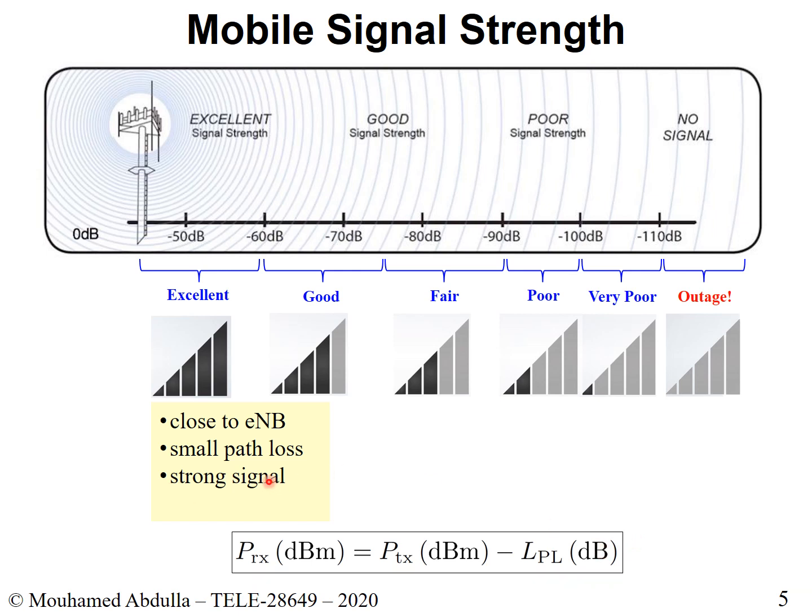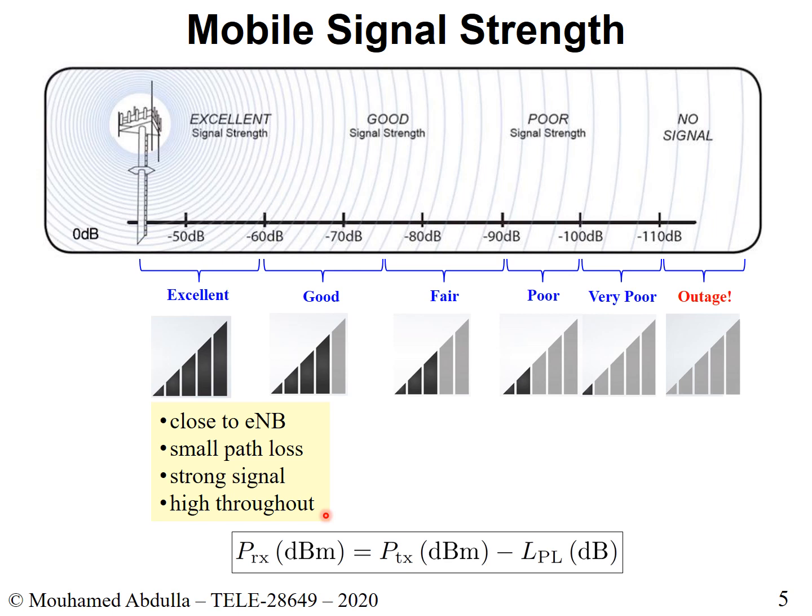Okay, so you have a strong signal, and you can see this because your path loss is small. This is small, this is transmitted, this is fixed, and therefore this will be strong. It will be big. That's why you have this. The other thing that we identify where our mobile device is in this region is that you will have a high throughput. You will have a high data rate on your phone, which means that it allows you to access the internet and to download movies fairly quickly.